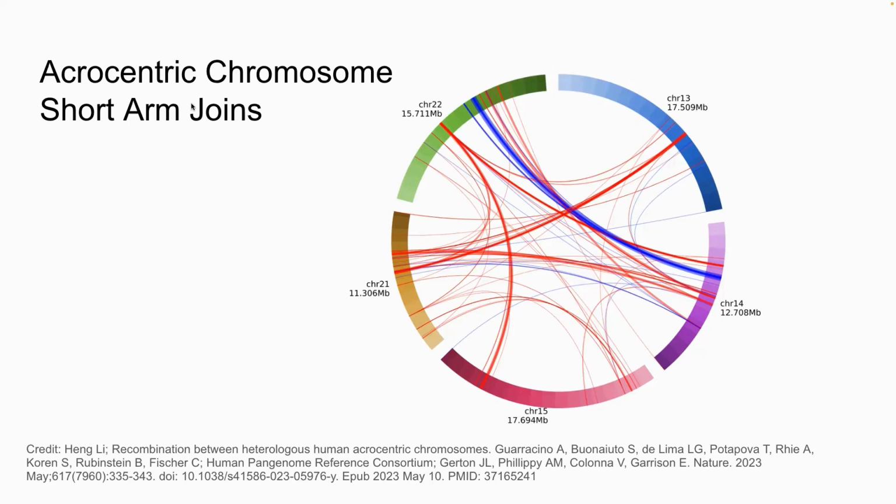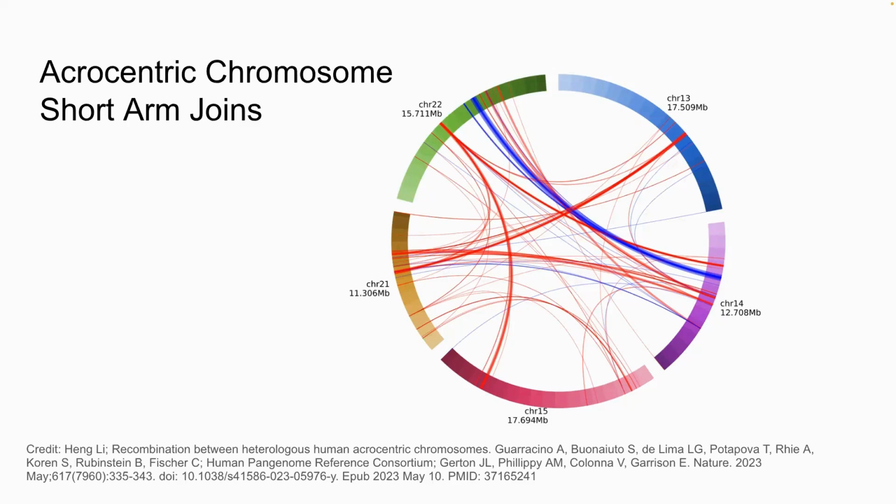So the short arms of acrocentric chromosomes, those are the places that they all localize together in the nucleolus, and they contain the rDNAs. It's the place where ribosomes are produced, right? So why the Robertson translocations? Well, it turns out that those sequences have these regions of pseudo-homology, like long tracks of pseudo-homology where they